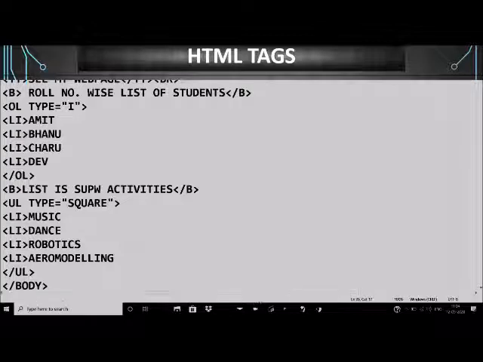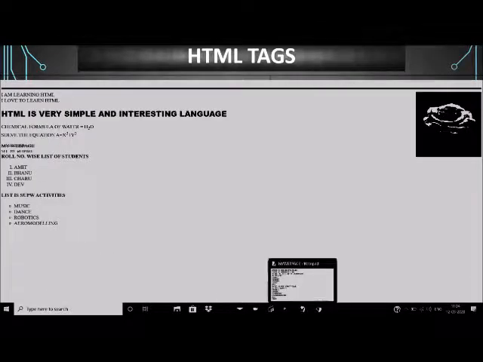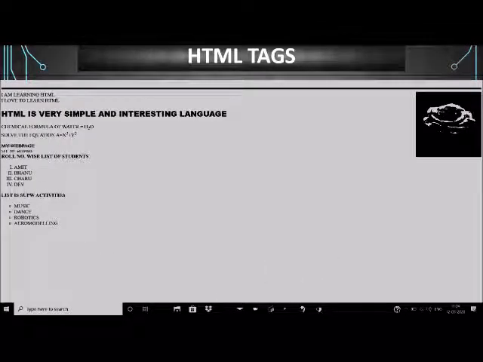Control S. Now let us see our web page. Now the type of bullet is square. So this is how we can change the type of numbers and type of bullets. Numbering is either capital A, B, C, D, small a b c d, Roman numbers in capital, Roman numbers in small.